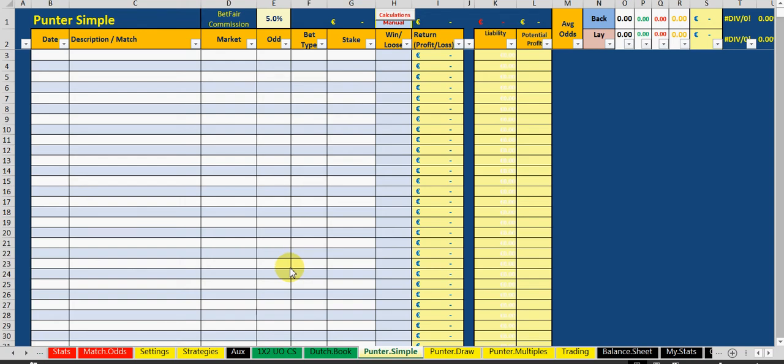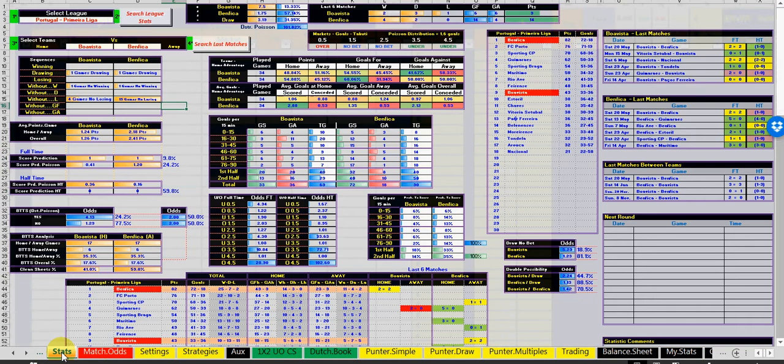Hello everybody. In this video I'll try to explain how this file works in terms of balance management and all your betting statistics. Just an overview of how it works. But before we go there, I just want to mention something about the stats